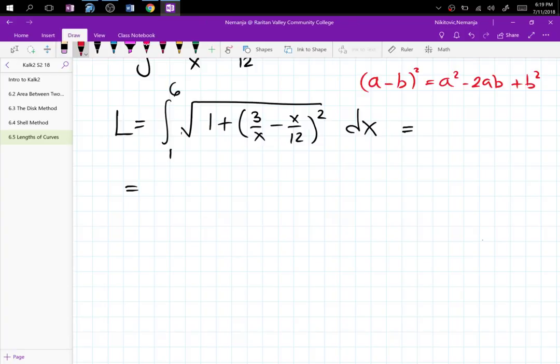This is the formula for square of binomial, which we can use to quickly work on that. So, we start with the integral 1 to 6, square root of 1 plus, and then you have 9 over x squared minus, and then we have,